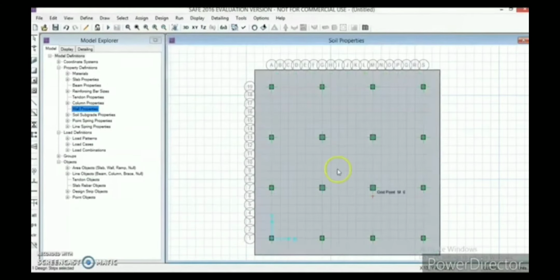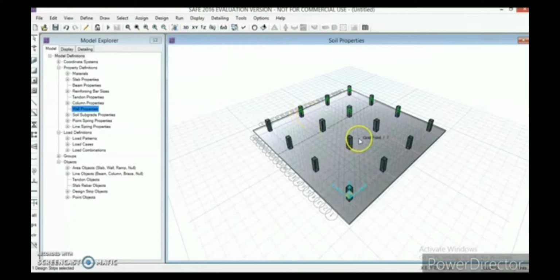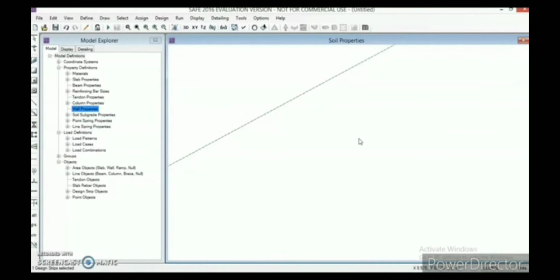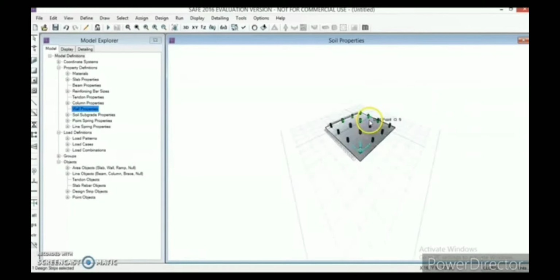Okay, now we can even see the columns by seeing the extrude view. Click on OK and go to 3D, and here we will have the extrude view of our foundation. But we have not yet assigned any properties to it. The dead loads and live loads we have not assigned to it. We need to assign them.